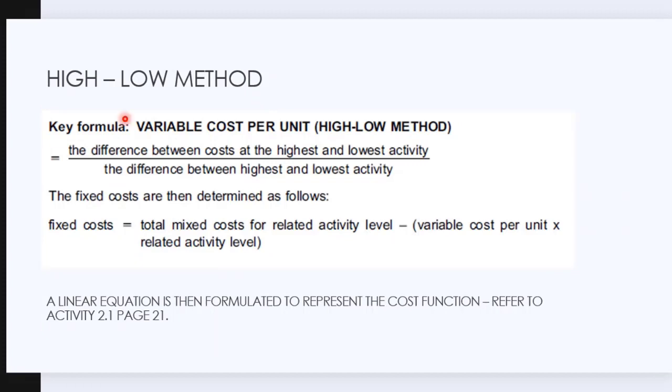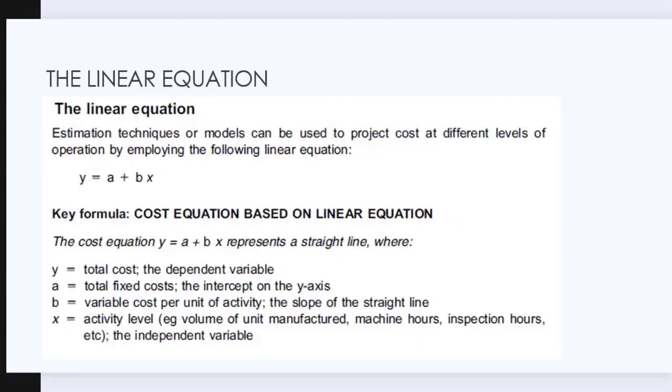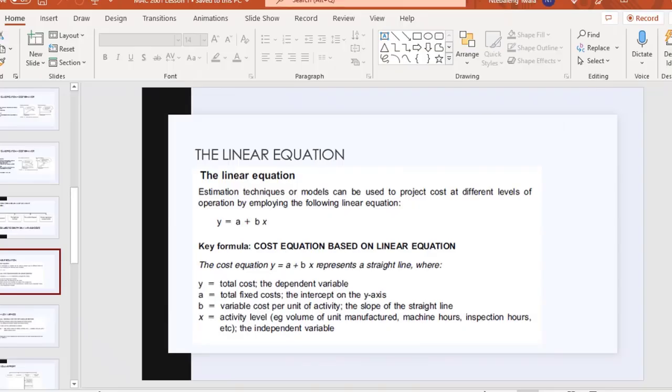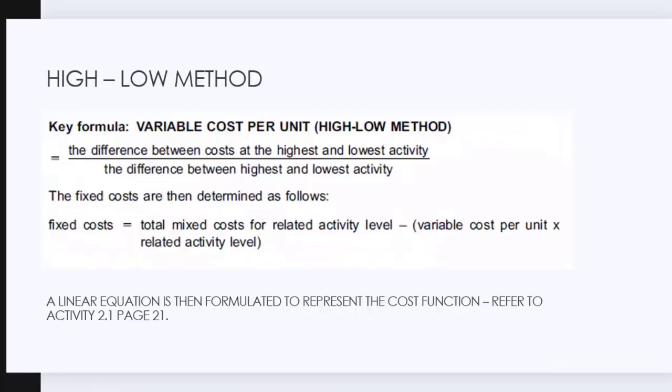There's the high-low method. Are you guys familiar with it, or is it the first time that you hear about it? Let me ask, what do we use the high-low method for? What do you understand about the high-low method? Okay, so a high-low method normally is used to identify your variable cost within a semi-variable situation. In this instance, they will give you multiple costs, and then tell you that it's very difficult for them to identify which one is fixed and which one is not. So you use a high-low method